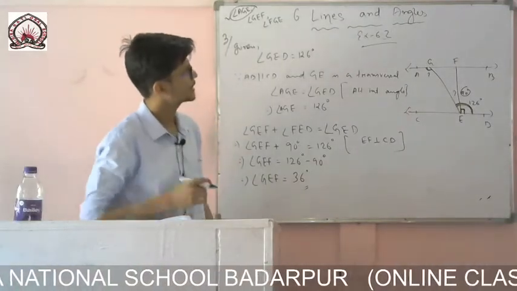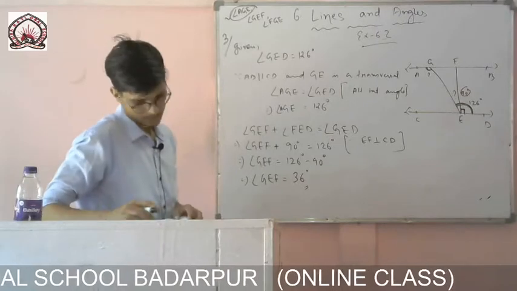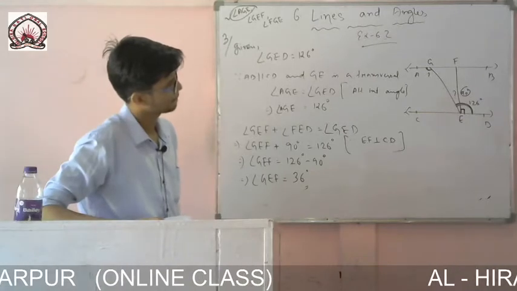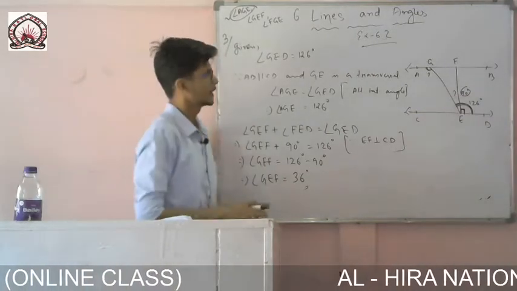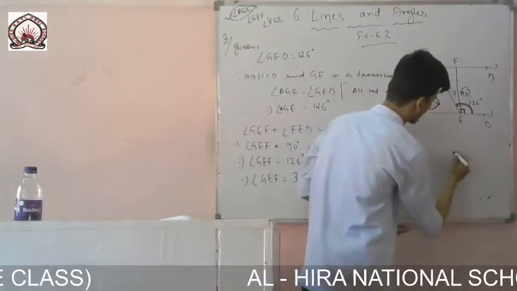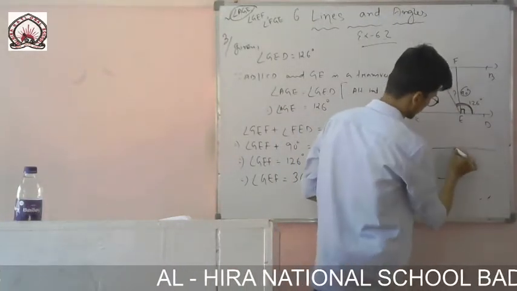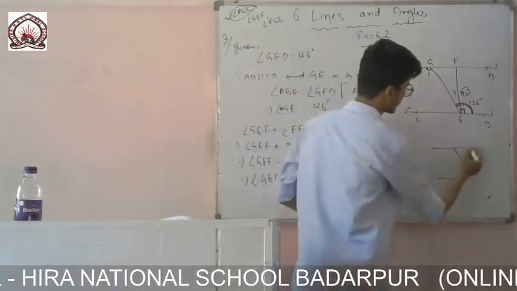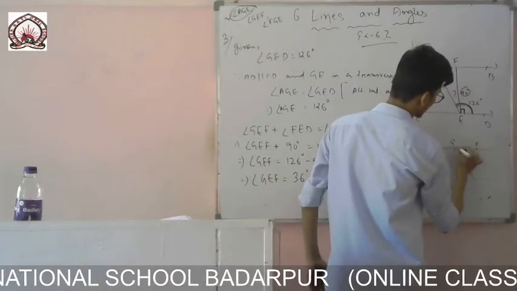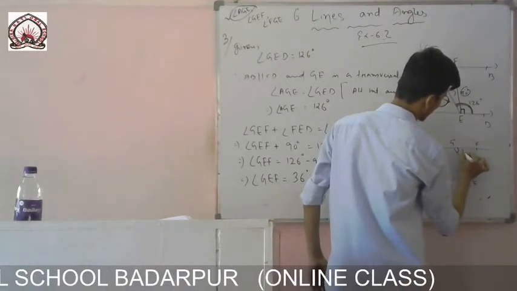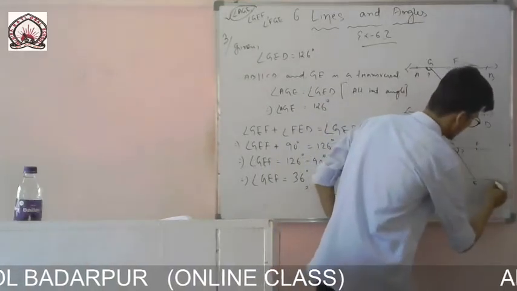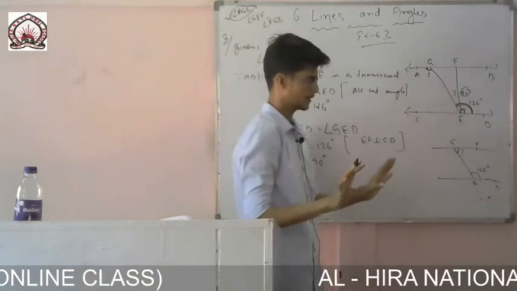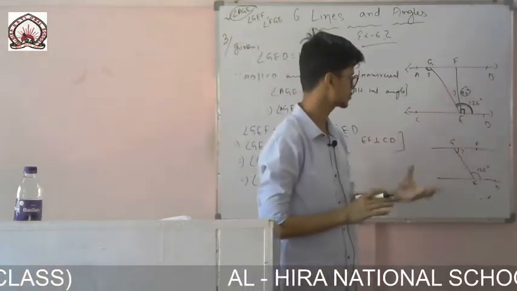Now the last one is FGE. FGE you have to find. Again I am doing it nicely so that you can see very easily. This is the transversal given. The question is to find FGE, there is a point F, there G and there E. The question is to find this angle. And you see here, GED, one angle is there, it is 126. I have drawn only the part I need so that you don't get confused.